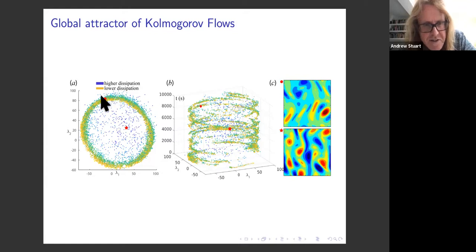What you see here is that there's something which is periodic-like, but there's a regular excursion, which you can think of as intermittency, away from the periodic orbit, which is an unstable periodic orbit, in fact. In these blue areas the solution has higher dissipation or entropy, meaning the H1 norm of the solution is higher in the interior of this disk.